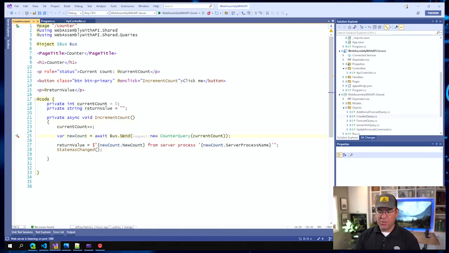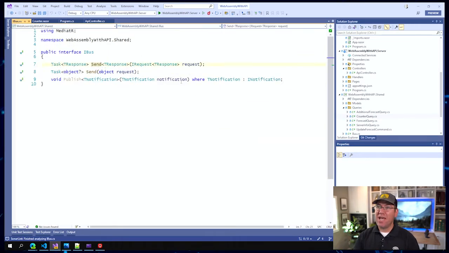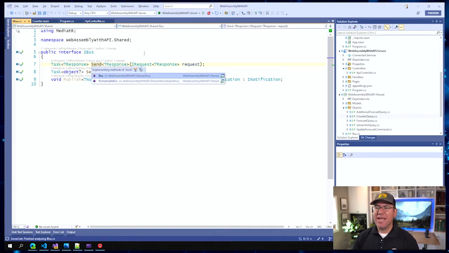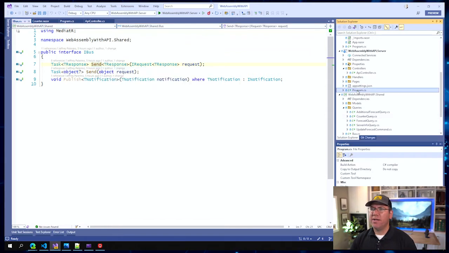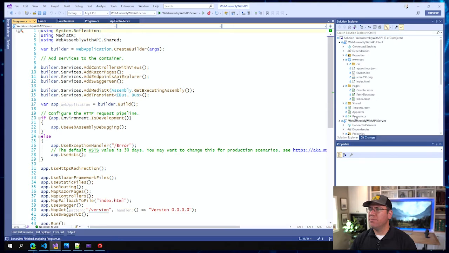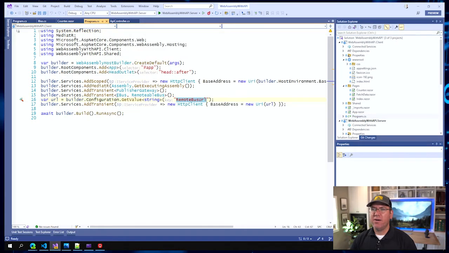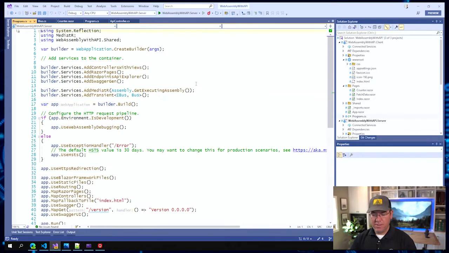Well, let me Control B into this send method, which is actually only in the interface. Okay, this is in the interface, but Control Alt B to jump into the implementations. We have 2 implementations, and they're actually both in the shared library. We have some options here, but we need to figure out which one we're using on the client side. That's where in our Program.cs, oh, wrong one. This Program.cs, we are using RemotableBus. Okay, so if we come back here